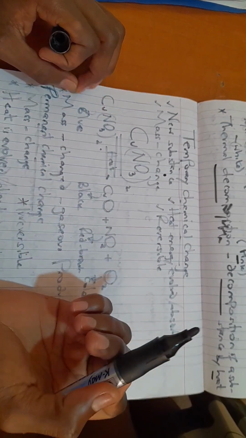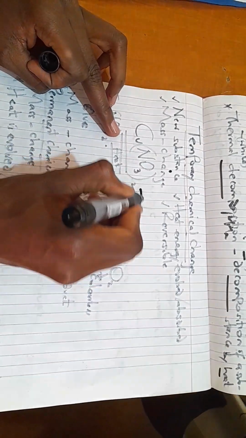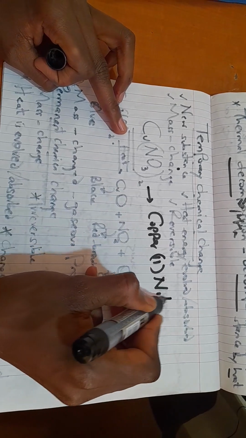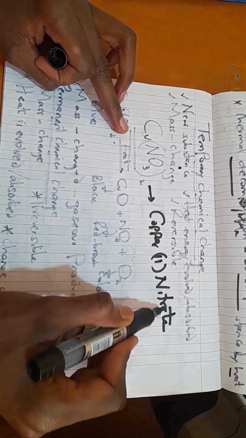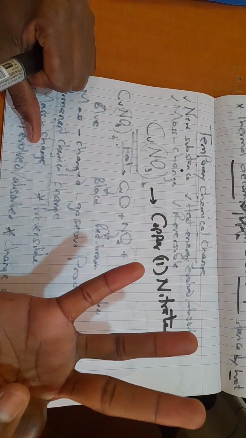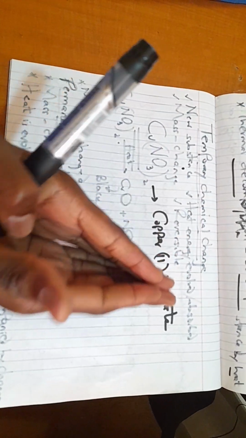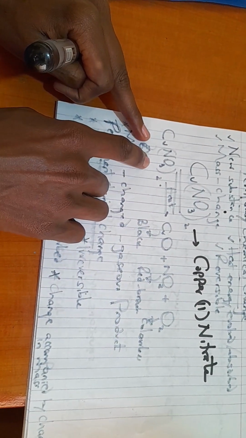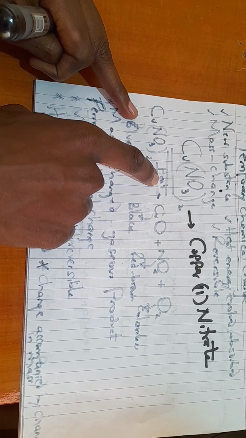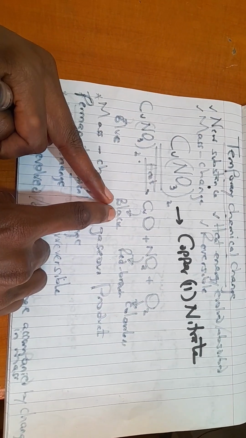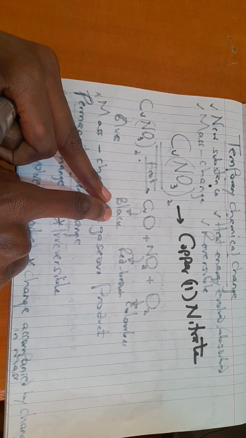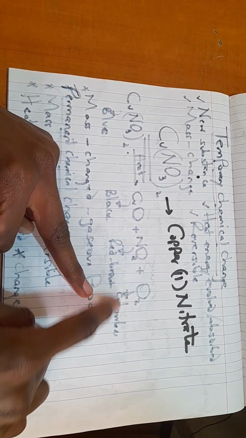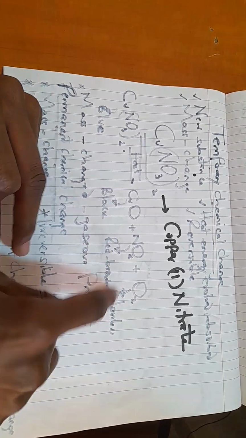Now, for the temporary chemical change, we need to consider certain substances, that is, copper(II) sulfate and cobalt(II) chloride. But copper(II) nitrate can be taken into the permanent chemical change. Somebody can ask me, there is copper, there is nitrogen, there is oxygen, and therefore during the heating process of this one in the permanent chemical change, things do happen. We have copper(II) oxide, which is black in color, that is from blue to black. There is nitrogen oxide, which is red-brown, and oxygen, which is colorless, as you can see there.